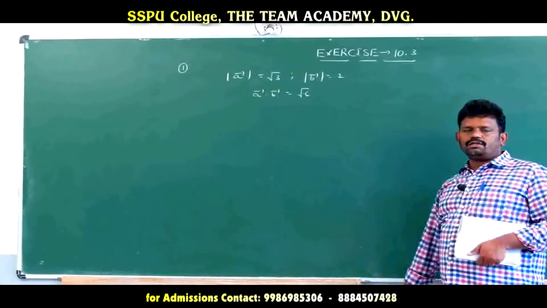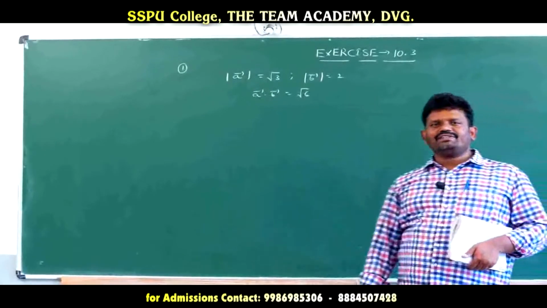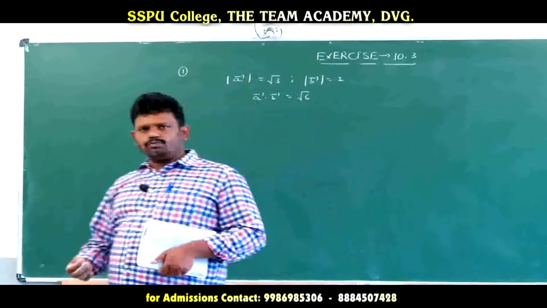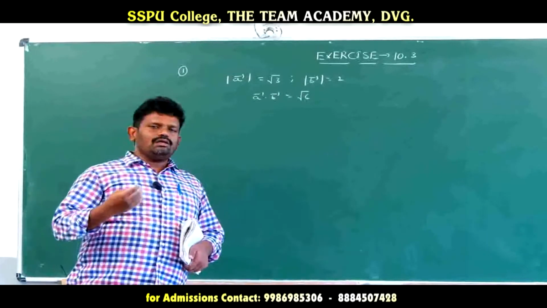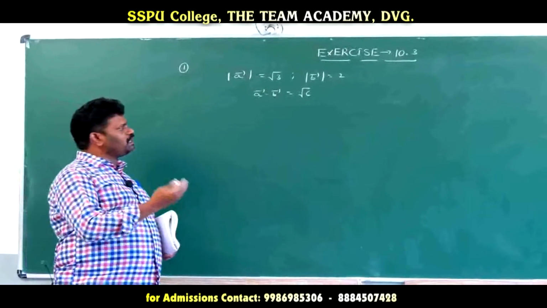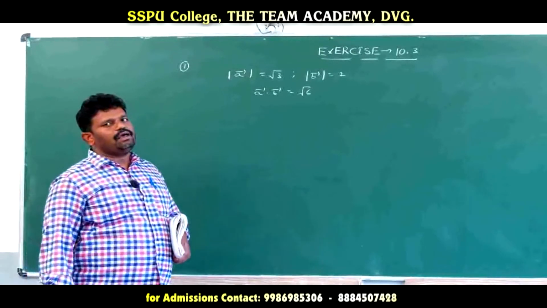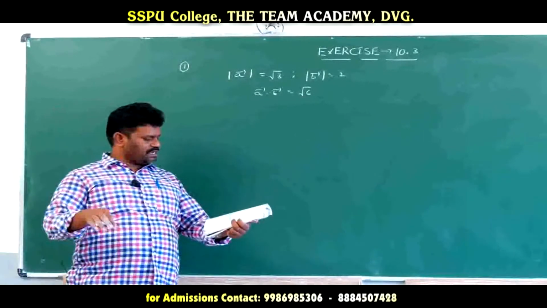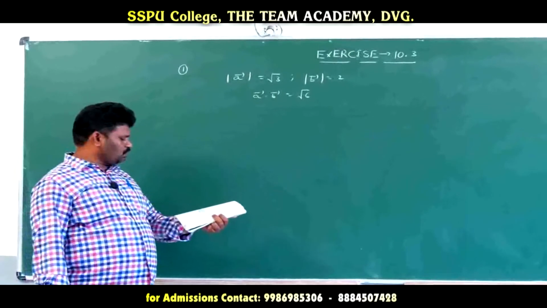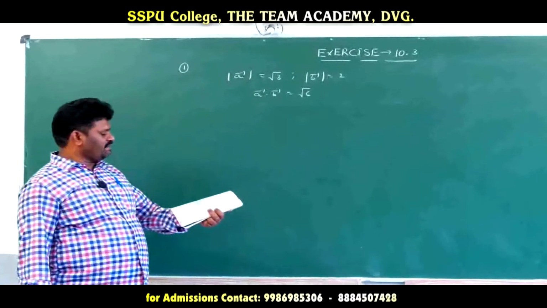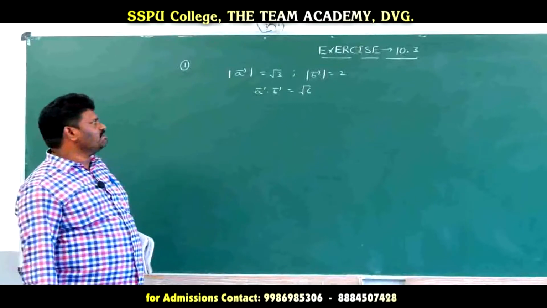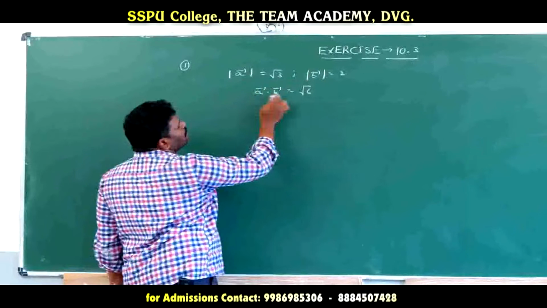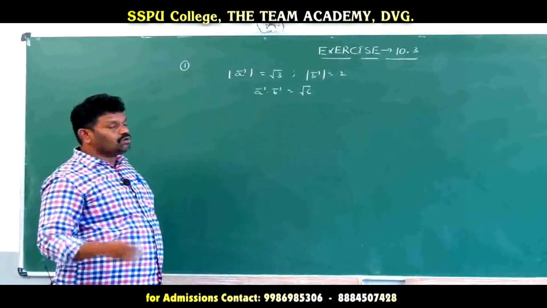Exercise 10.3. Now this 10.3 exercise is totally related to the scalar or dot product. Already we learned the scalar or dot product formula and some conditions or related note points if you are solving the questions in that exercise. Now here, Sima, the first question: find the angle between two vectors a bar and b bar with magnitudes root 3 and root 2 respectively, and a bar dot b bar is equal to root 6, given.